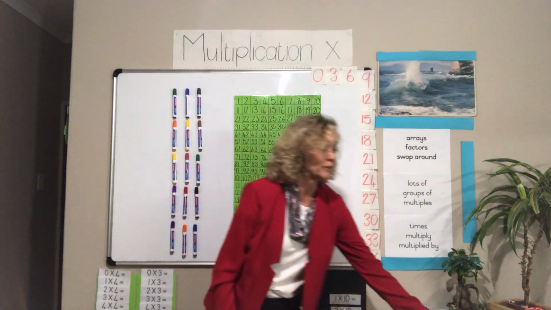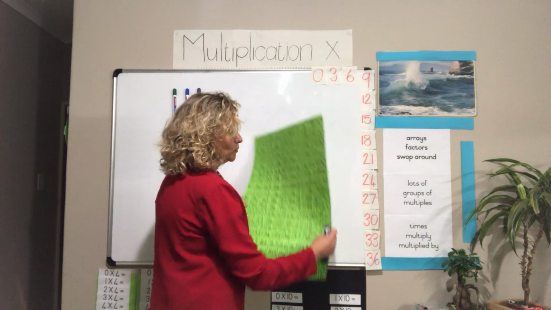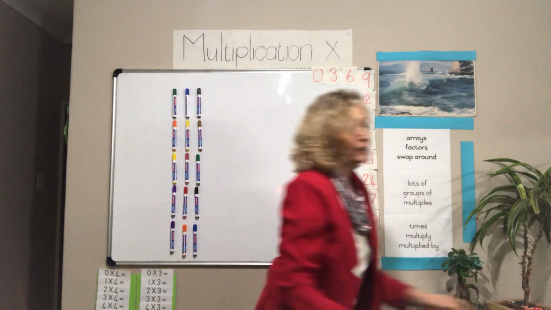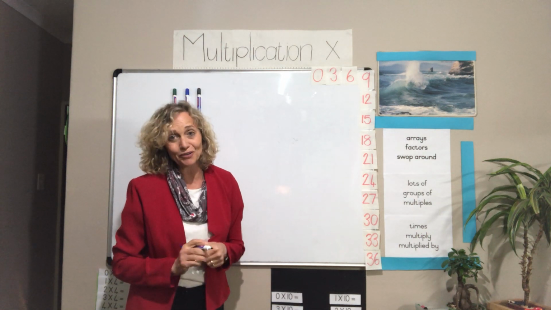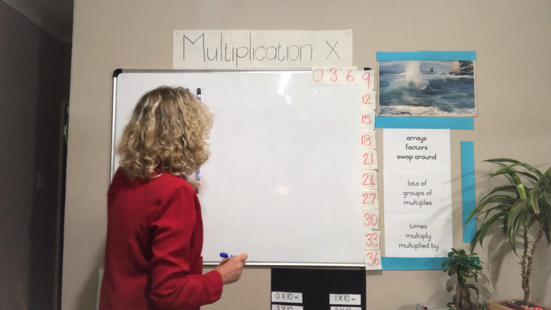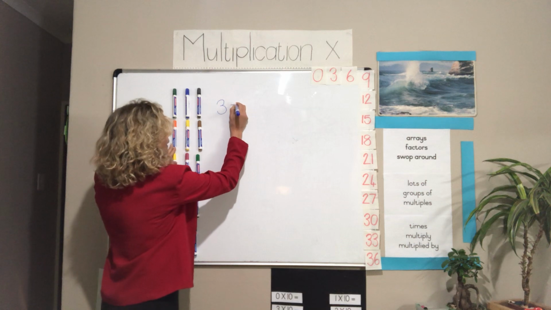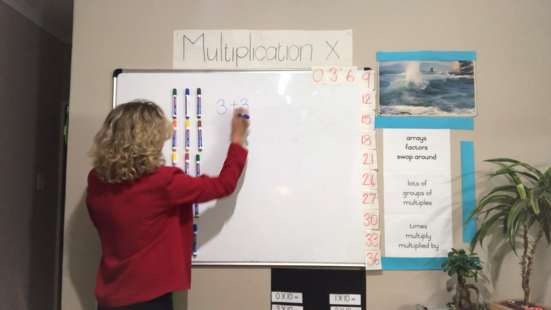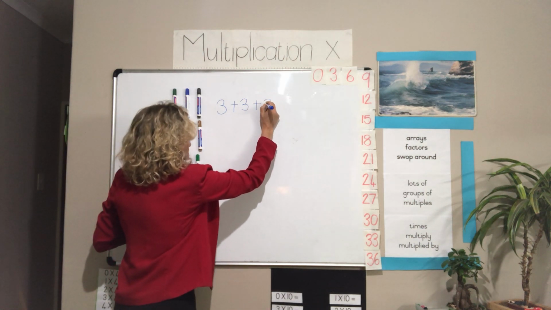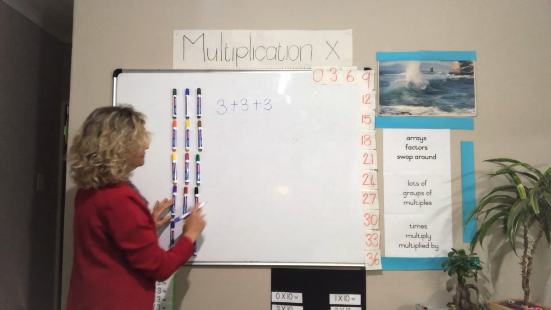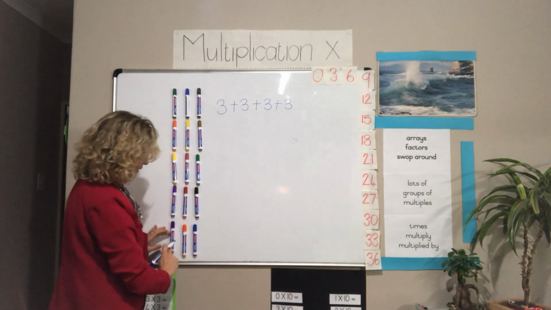I just want to show you how we would be adding the groups for that, because it's important to know that with our multiplication, what we are basically doing is just adding groups. Let's have a look. There's 3 plus 3, there's the other 3, plus 3, there's the next 3, plus 3, and here's the next 3,